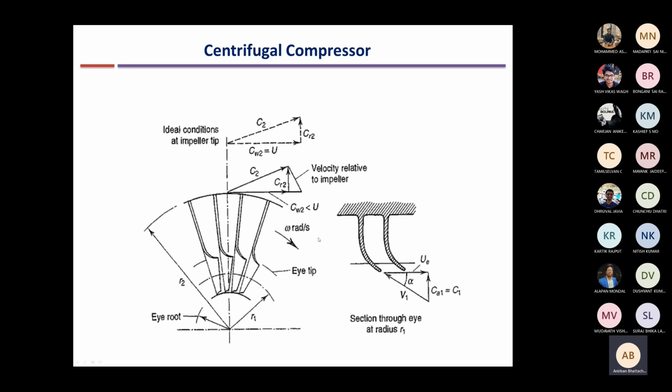Omega is the angular velocity, and the velocity diagram at the exit looks like this. This is for a different case, so this is not correct in the sense that if the blades are just perpendicular to the circumference, the exit velocity will be along this line, along what CR2 is showing. So we will draw our own velocity diagrams. This will be the direction of the exit velocity C2.